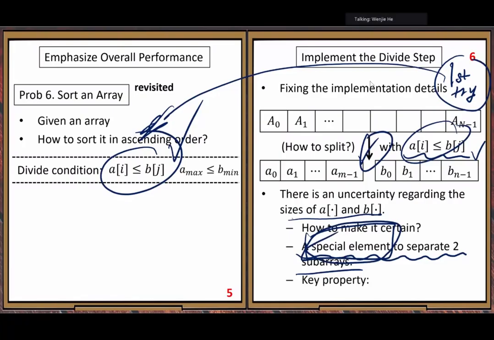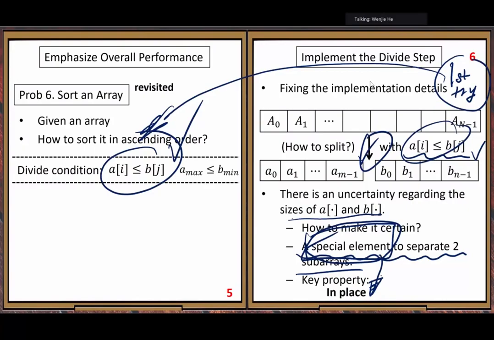All right. So here the key property of this separator element is that this element must be in place. You can determine its final location in this divide step.